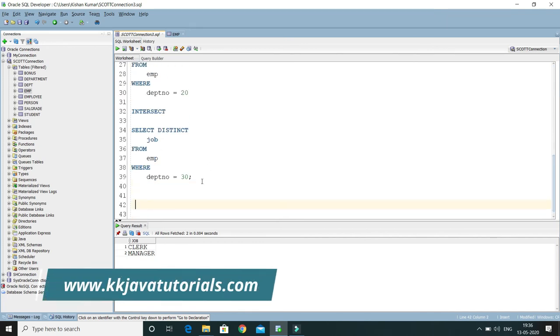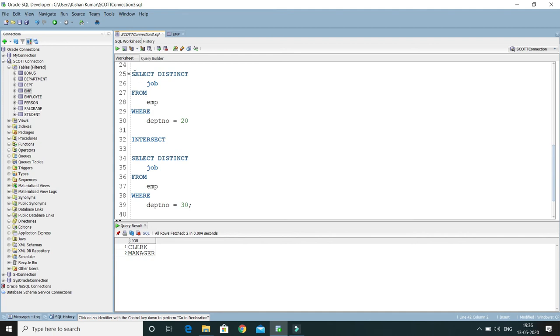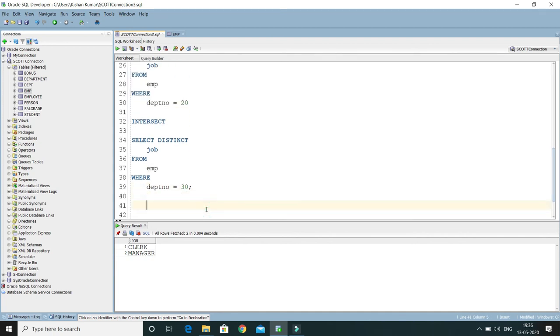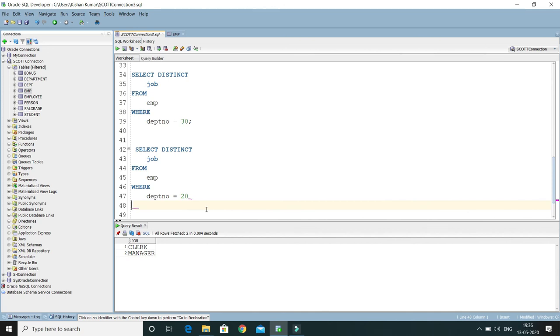First of all, I will fetch distinct jobs from department 20, which is already there. So I'll copy this. Now if I subtract all the distinct jobs from departments not equal to 20, then this will give me only the unique jobs which belong to department 20. So here I'll write minus,